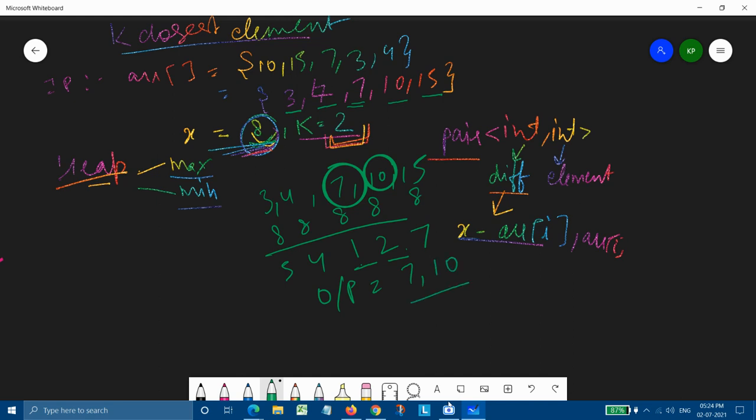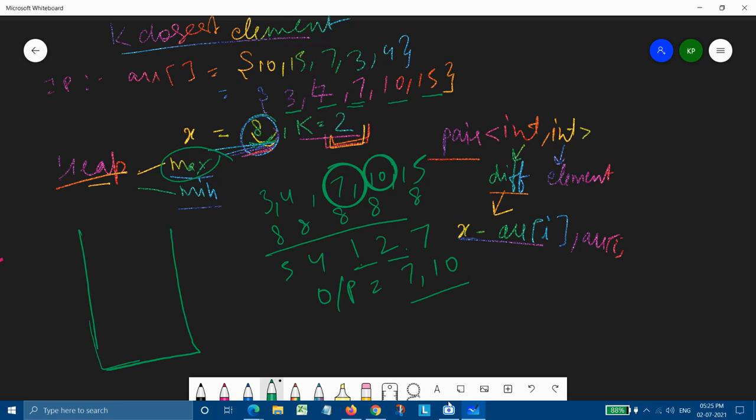So our output will simply be 7 and 10. Now, how will we find these outputs? If we use a max heap here, we could simply pop out the top element and maintain a K-sized max heap. Let me give an example with this.